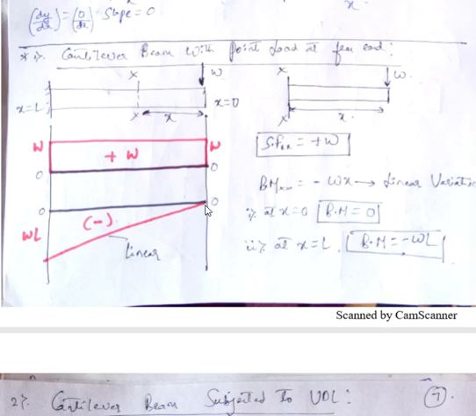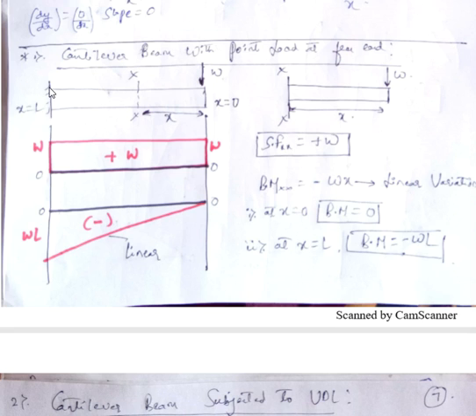But look at the bending moment diagram. Bending moment is 0 at this section. As I move towards the left side, the bending moment value goes on increasing. It is increasing from 0 to some negative value. If you look at the height, it goes on increasing, and it is maximum at the fixed end. So if the beam fails because of the bending moment, then it is going to fail at this section.